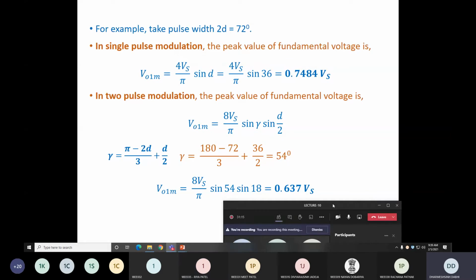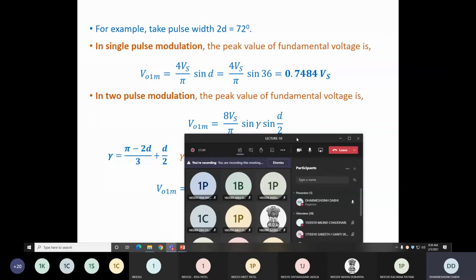Yes, sir. If you see the Fourier analysis in the simulation from last time, you can see that the lower order harmonics magnitude is very large as compared to the higher order. Third, fifth, and seventh order harmonics magnitude is larger as compared to the 9th, 11th, and 13th order. So as you increase the harmonic order, the magnitude decreases. Clear? The advantage of reducing the magnitude of lower order harmonics is that the size of the filter you can reduce. Let's understand how you can reduce the size of the filter.